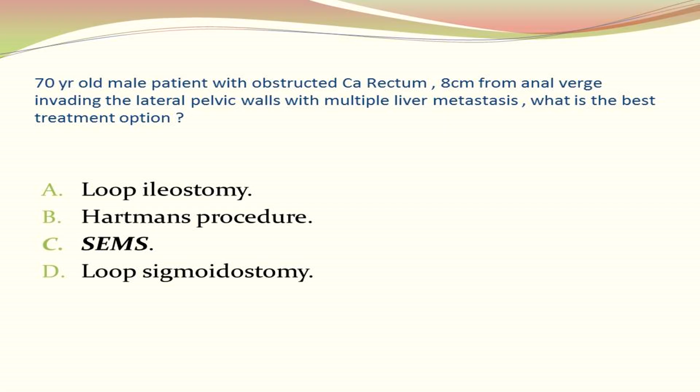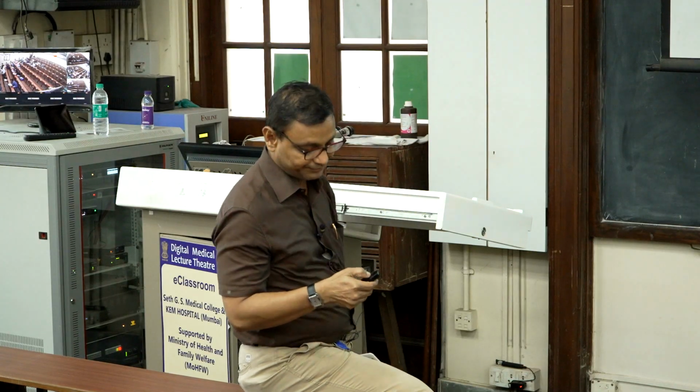Okay, self-expanding metallic stent, because इसमें lateral pelvic wall involved है, multiple liver metastases involved हैं. इसके लिए again doing a radical procedure of resecting and creating Hartmann's is not feasible. So best option है, जितना आप कम करोगे उतना आपके लिए अच्छा है. और इसमें कम मतलब क्या है, without surgery, SEMS. Okay,